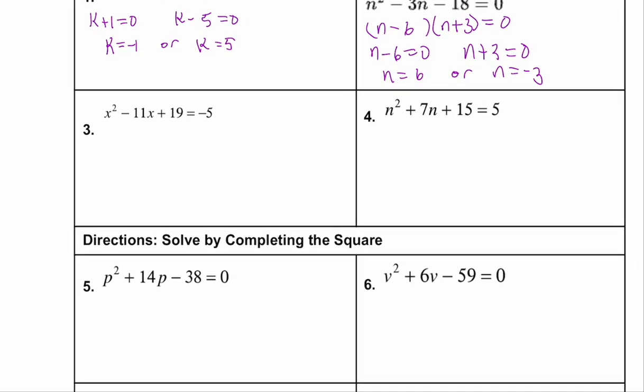So let's go ahead here and add 5 to both sides. So we get x squared minus 11x plus 24 is equal to 0. So we don't factor it until we've gotten to that point. So you always have to relate it to 0. And so the factors of 24